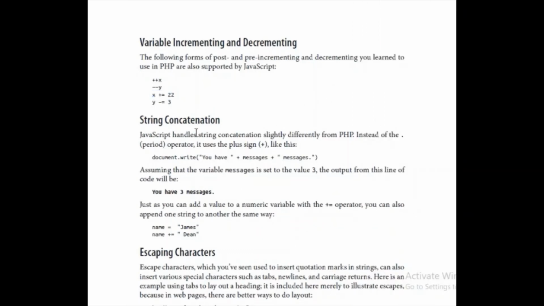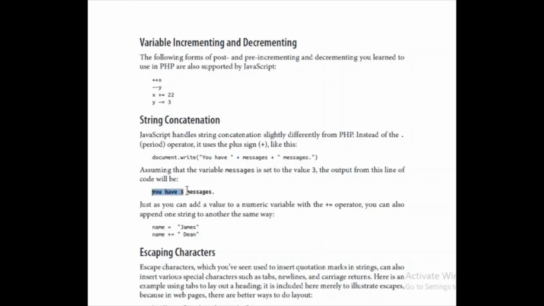Then we have here string concatenation. For example, we have to concatenate or join multiple strings, or a string with a variable, and so on. We can do it by using this plus operator. What it will do, document.write, you have plus, this is a variable, plus this is a string. So if you want to join multiple strings, multiple variables, strings and variables, you can use this concatenation. Instead of writing multiple document.write statements, you will write one statement and you will use this concatenation operator.